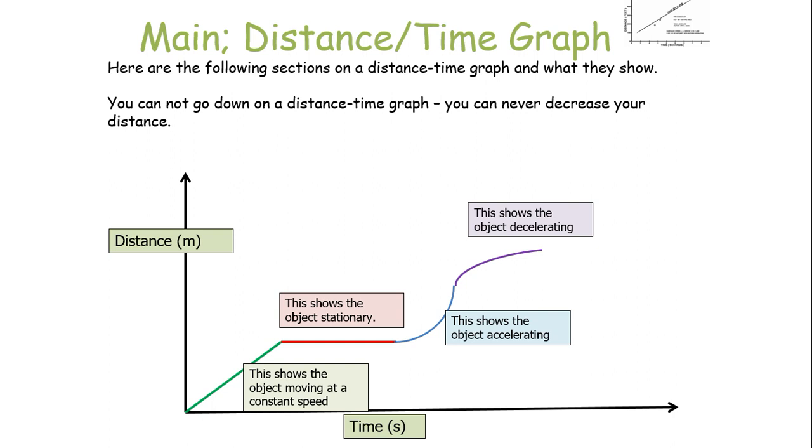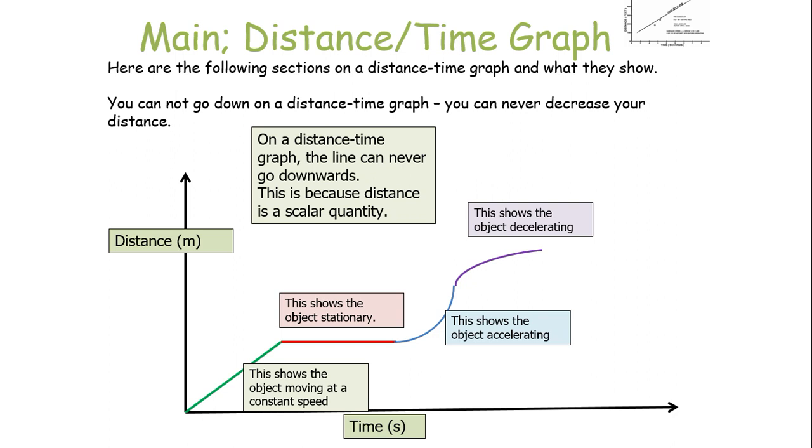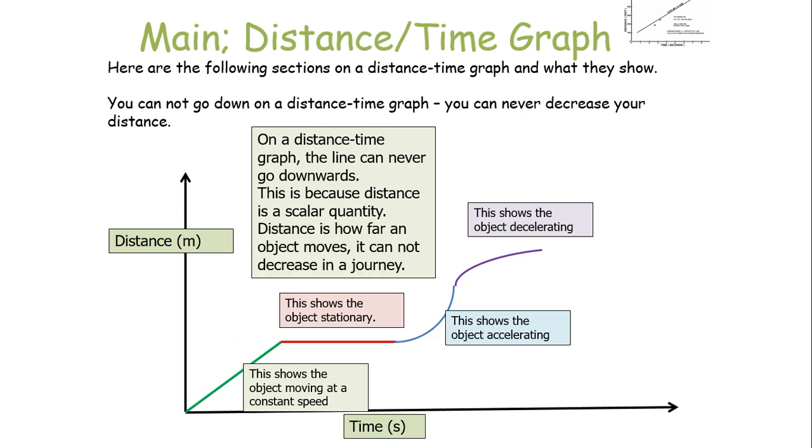Now you will notice that the line can never actually go downwards. Now that's very, very important, because the line can never go downwards, because distance is a scalar quantity. So you can't get a negative value for distance. It can't go down. It can only go up. So because distance is how far an object moves, it can't decrease in a journey. Even if you're coming back on yourself, you're going back to where you started, you're still increasing your distance,